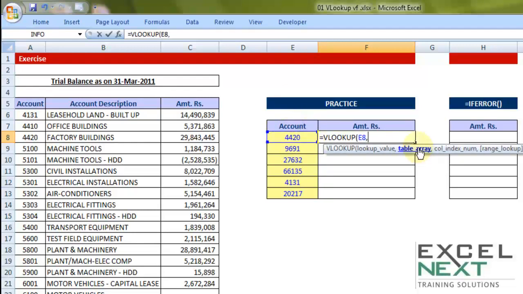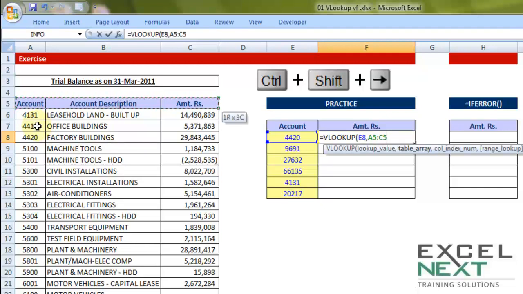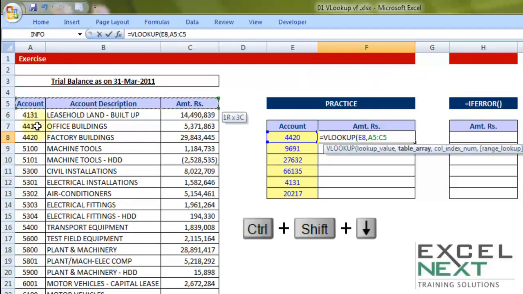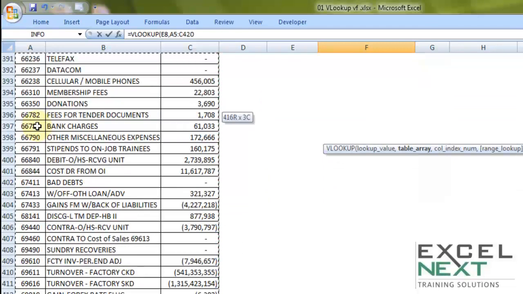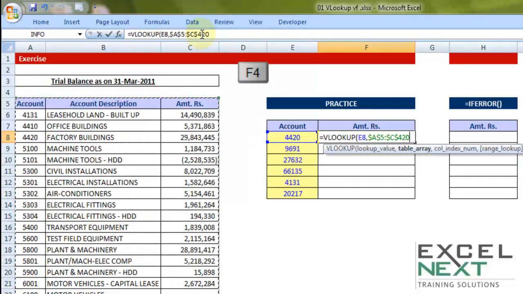Okay, table array. Now you may start choosing from the first cell using a shortcut key. If I select the first cell, the one that is blinking, and press Shift Control, keep it pressed, press the right arrow key, and then keeping Shift Control pressed, press the down arrow key. In this way I've been able to select the entire table array. You will also notice that in the formula bar the selection has been made. Now from our earlier instance, we remember to press F4, comma.